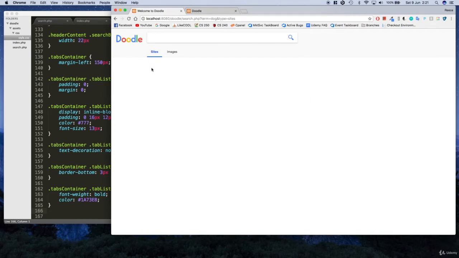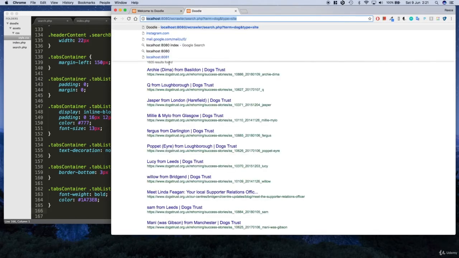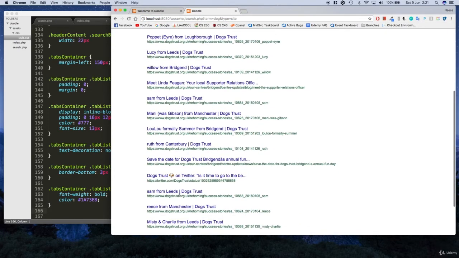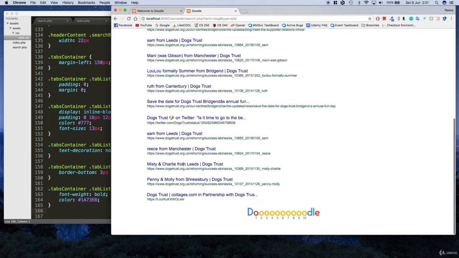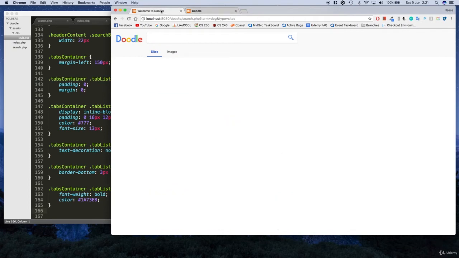So something a bit more interesting probably, because we've done quite a lot of styling over the last couple of videos. So what we'll do is we'll move on to the actual web crawler part now, and then when we have some sites output like this, we'll come back and style those later on. So yeah, we'll come back and do that later, but for now we're going to make a start on our